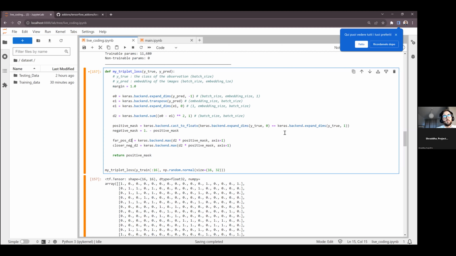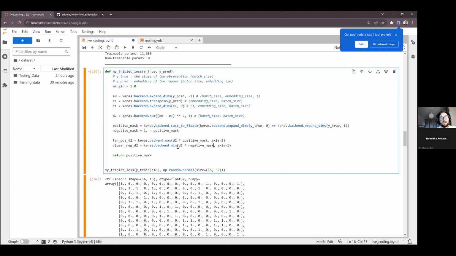Okay, we want to look only at the elements that are in the negative mask. And since we want to look at the minimum, we want to take all the elements that have a negative mask.